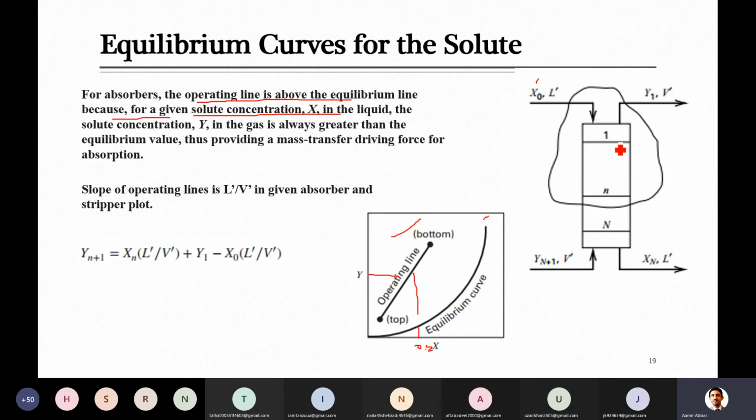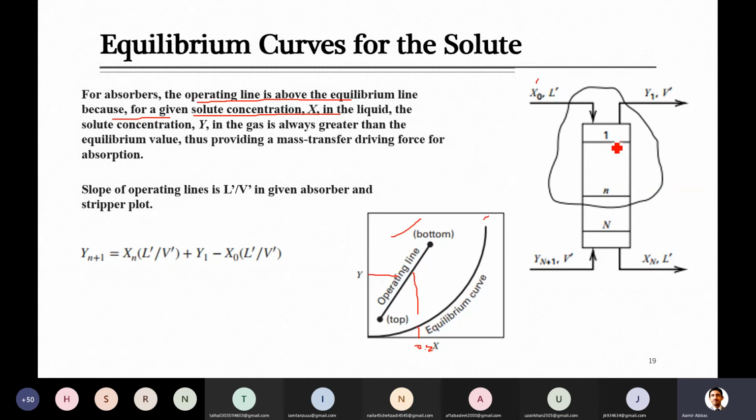So when the vapor stream comes in contact with the liquid at plate 1, it will contain an amount of solute which is higher than this liquid stream. Ideally it should be like this, but as you mentioned, sometimes when the liquid comes after regeneration, it can contain some solute. If that is higher inside the liquid, definitely it will be transferred back to the vapor, and we do not need that. We do not want to go for such a condition.